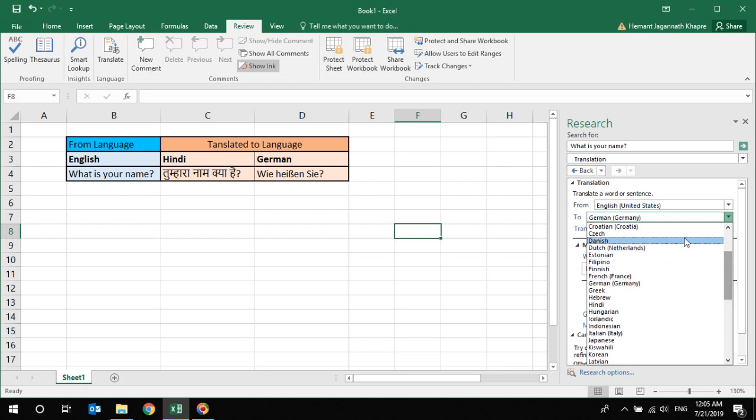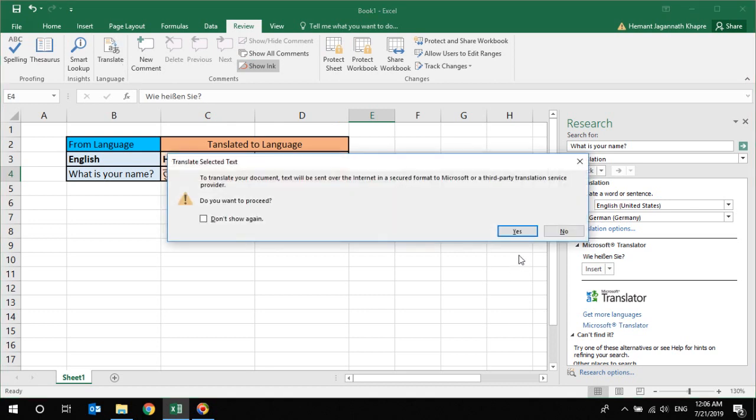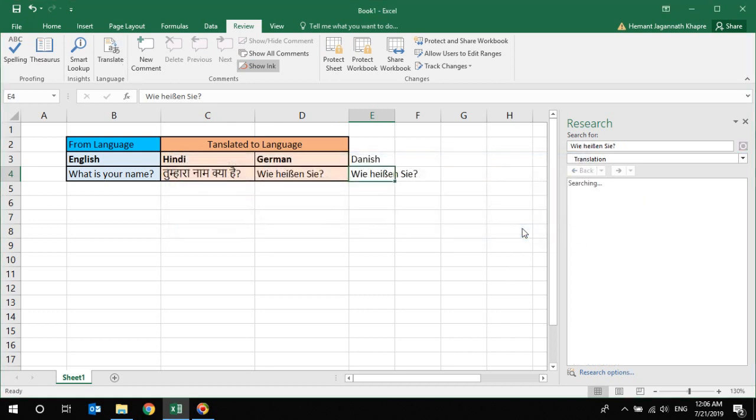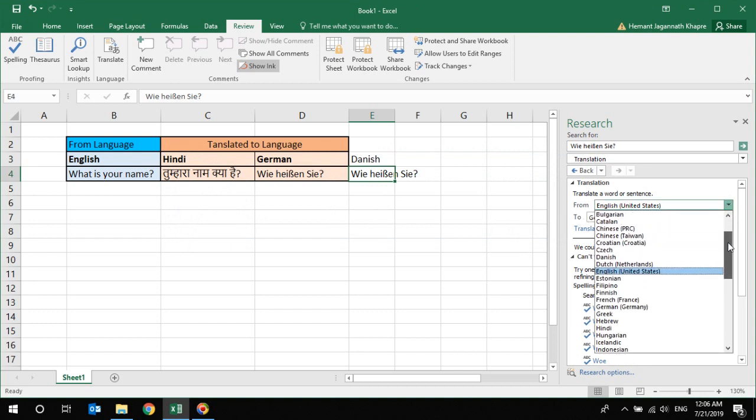Similarly, if I want to choose Danish, I'll click here for Danish, put the text in, and select Translate. It will automatically detect the language, or you can simply choose the language here. The native language is German,